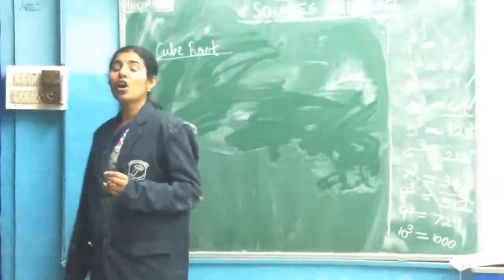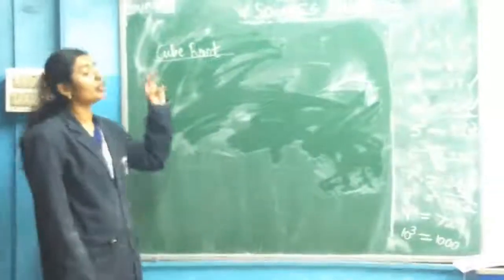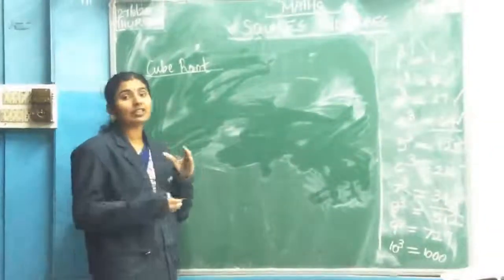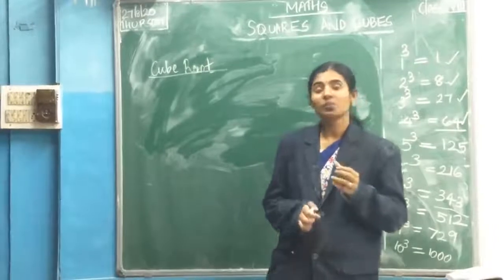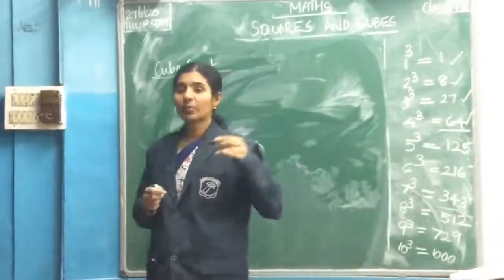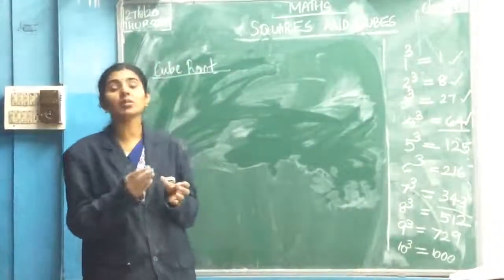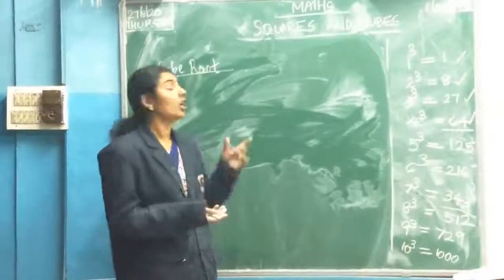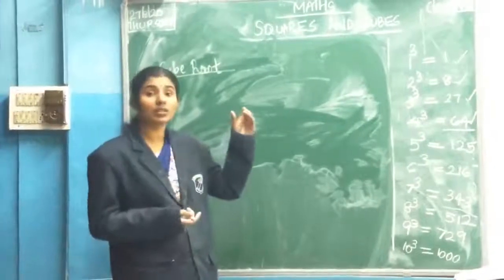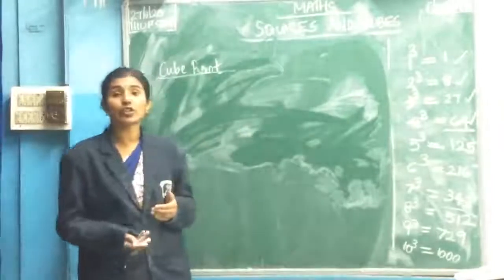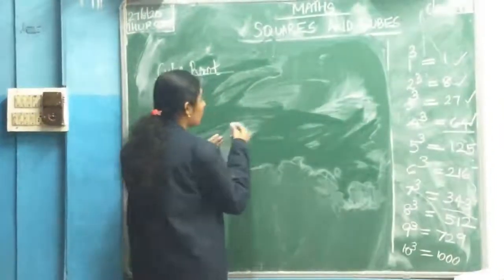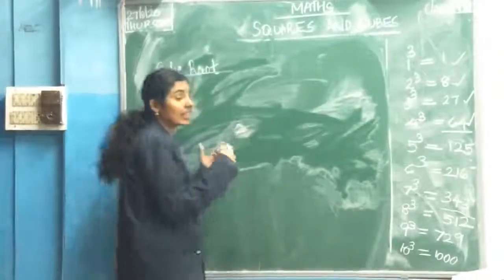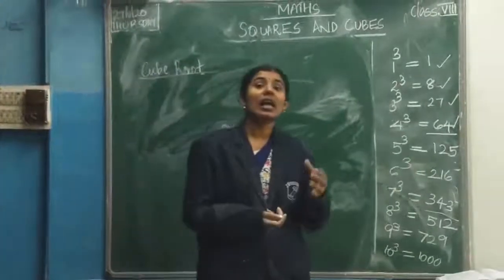Now you should know how to find the cube root of numbers. They will give some numbers, how to take its cube root. What does cube root mean? When you are given one number, if you multiply it 3 times, that number we will call a perfect cube. So what is meant by cube root? Cube root means one number which, when you multiply 3 times, you will get the answer.